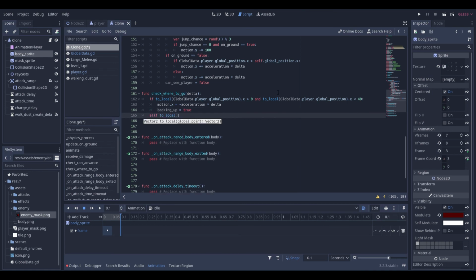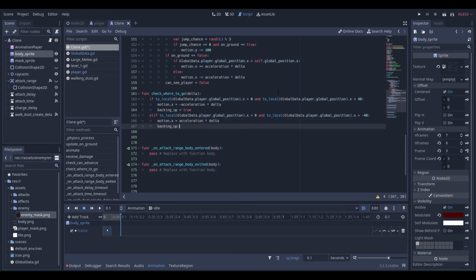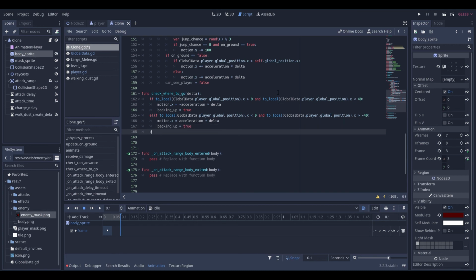Elif to local global data dot player dot global position dot x is smaller than 0 and to local global data dot player dot global position dot x is bigger than negative 40, motion dot x is equal to acceleration times delta, backing up is equal to true, and then else